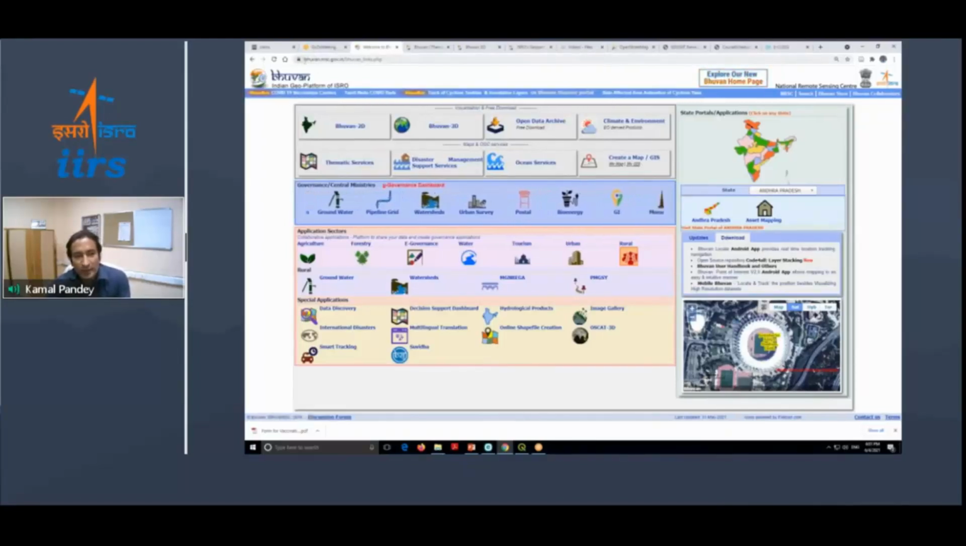You have to type there bhuvan.nrsc.gov.in. It can open in any browser. I have opened it in Google Chrome. You can use Mozilla or Microsoft Edge also. So any web browser, you can open this geo portal by the URL bhuvan.nrsc.gov.in. Okay. So now, if you see the front end of this page, here you can see we